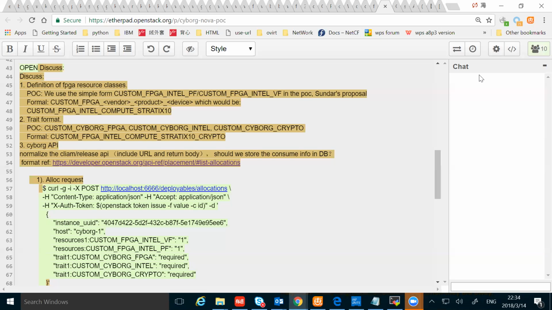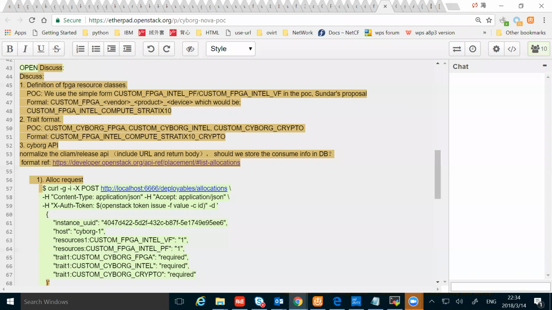So there won't be a need for the Cyborg agent to allocate resources from a resource provider. That'll already be done by the Nova scheduler before it even gets to the compute node. The only thing that the